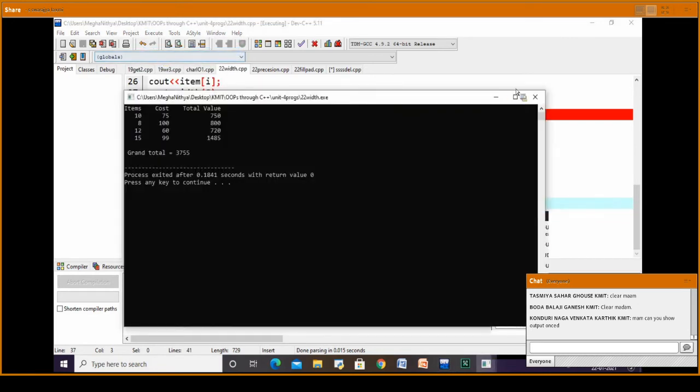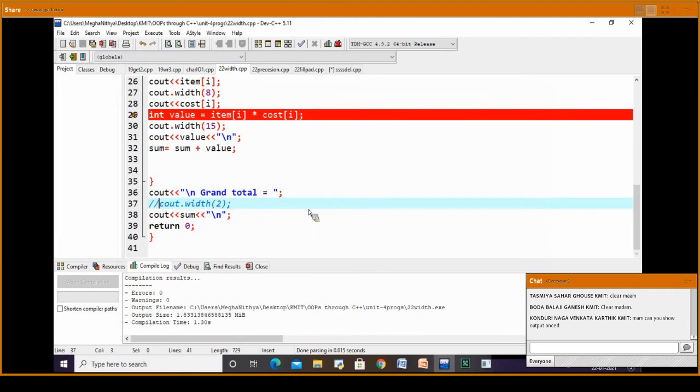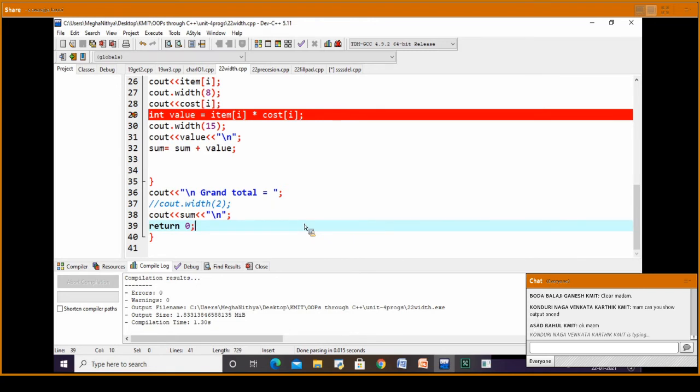Right, as it is having more, the width is not sufficient, it is not working over here. Yes, it goes with the default option. Clear, Karthik? Okay. For showing you that only I have included there.